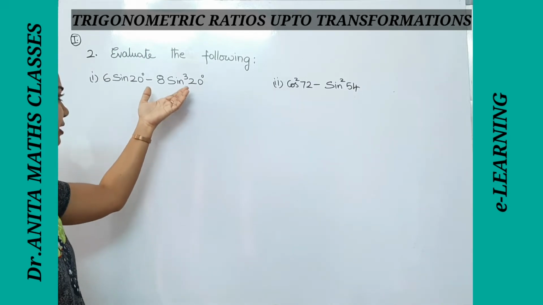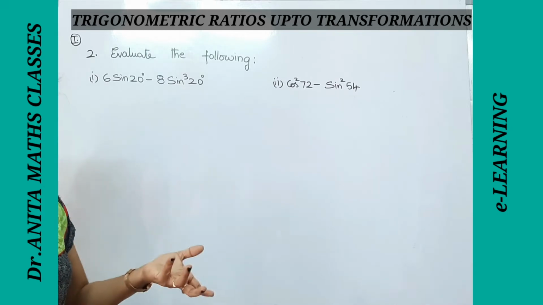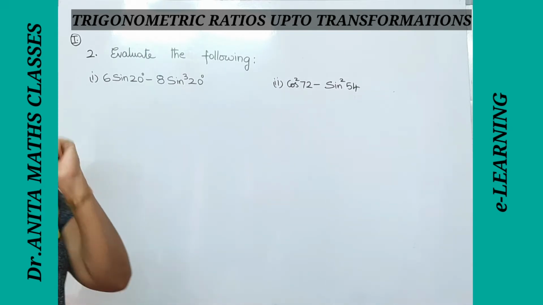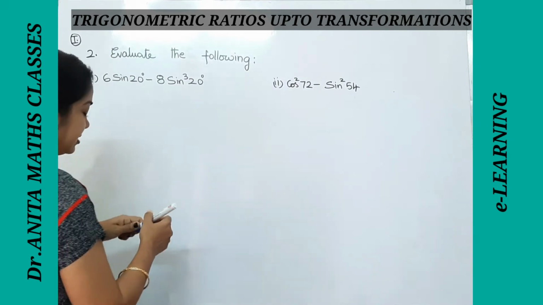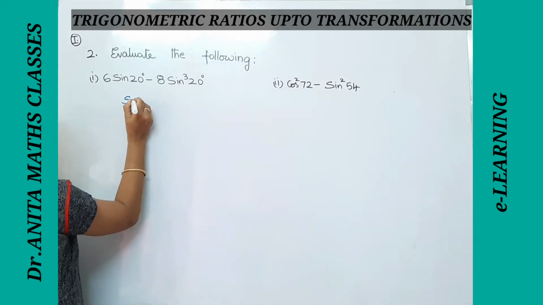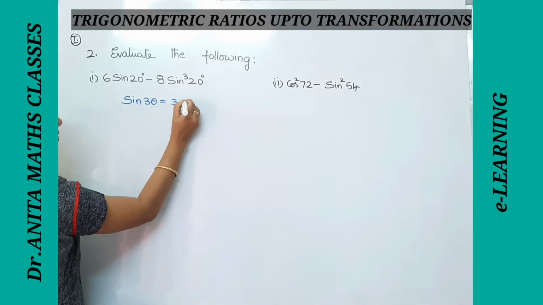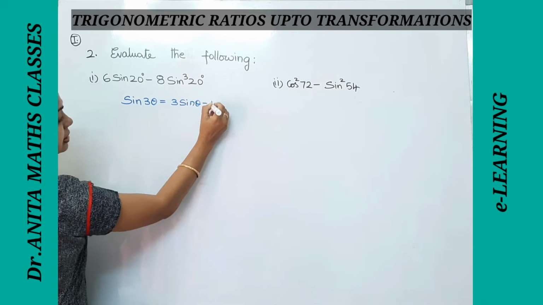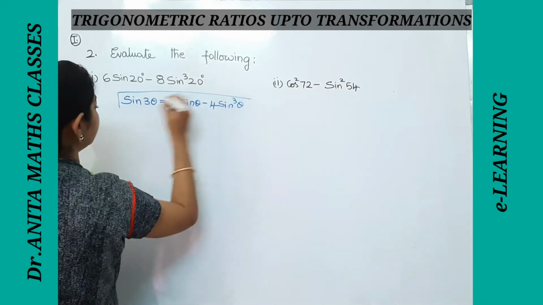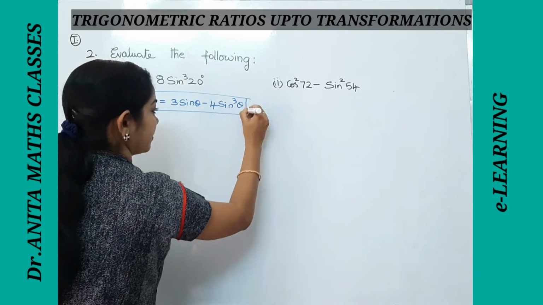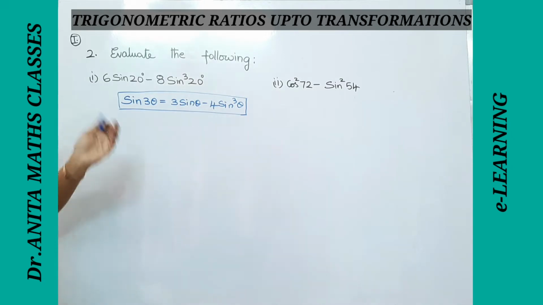When you see some cube, we have to recall the formula of cos 3 theta or sine 3 theta, wherein we have cubes. Here they are sine, so let us see this. Now what is sine of 3 theta? Sine 3 theta is 3 sine theta minus 4 sine cube theta. This is the formula we are going to use. This is the multiple angles formula: 3 theta, 2 theta and all that.